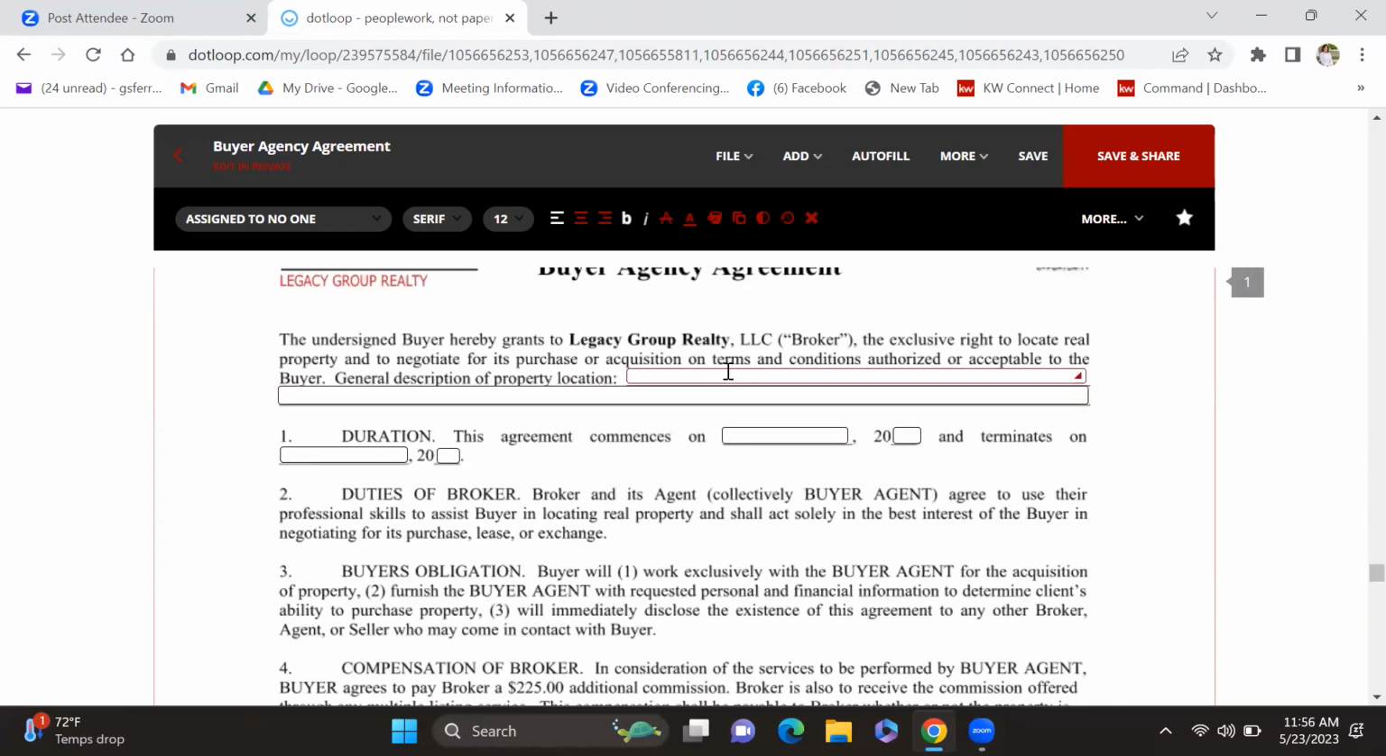I'll point something out that I do. This is more contract later than Dotloop related. On the buyer's agency, if you haven't gotten one signed with your buyer yet, like you've had a couple of appointments with them and you've done a buyer consultation, but they haven't signed one, now is your chance to get it. Do you think it's a good idea to put the address of the property here when it says general description of property location? No, because then you only represent them on that property. So what I write is residential,